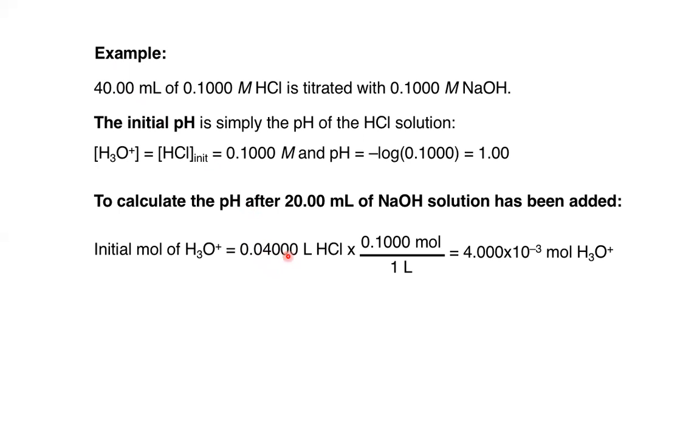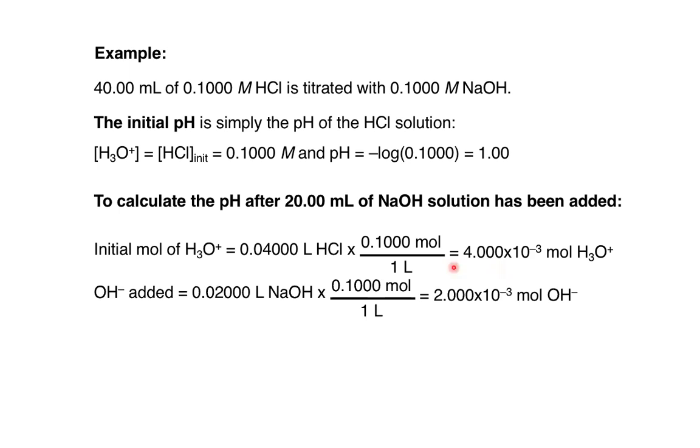So that's it in liters. So that's how many liters of HCl were present times the number of moles per liter, or the concentration, which is 0.1000 moles per liter, which will give us a number of moles of 4 times 10 to the minus 3 moles of H3O+ initially present. Now, then we need to calculate the total number of moles of sodium hydroxide which have been